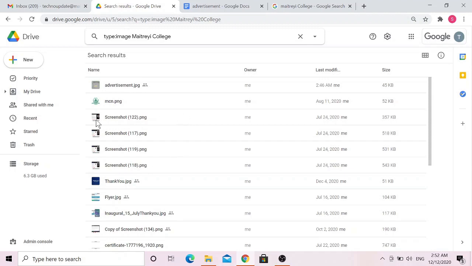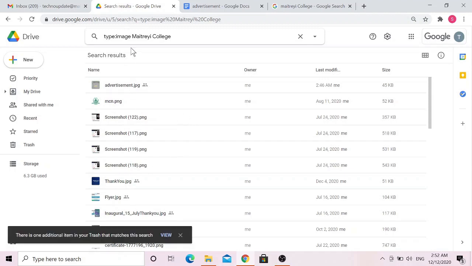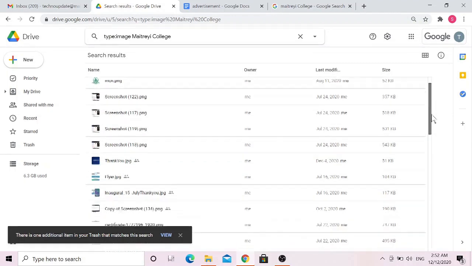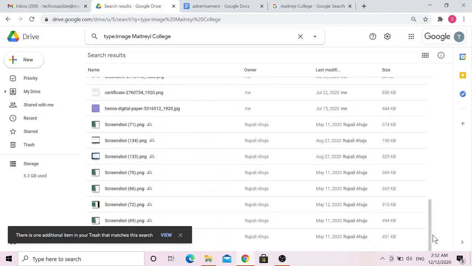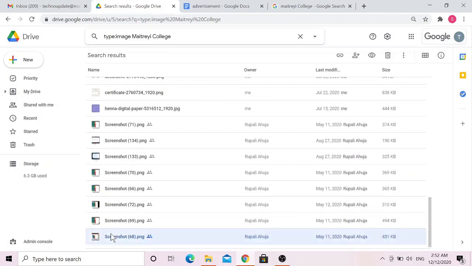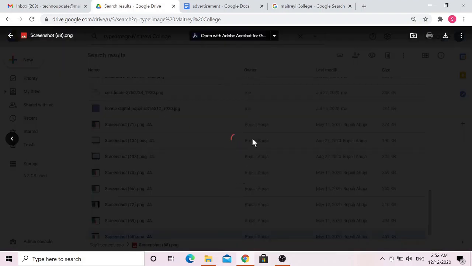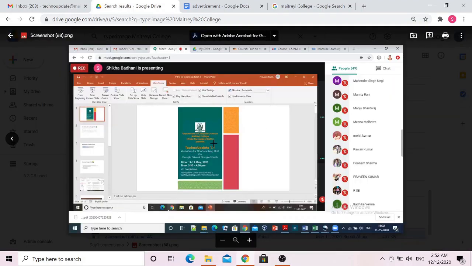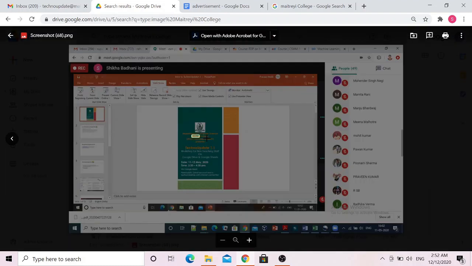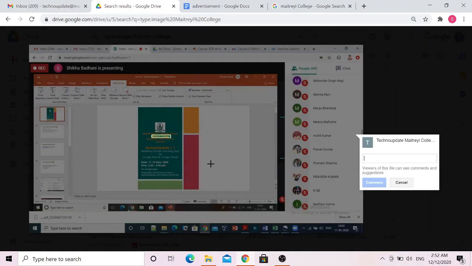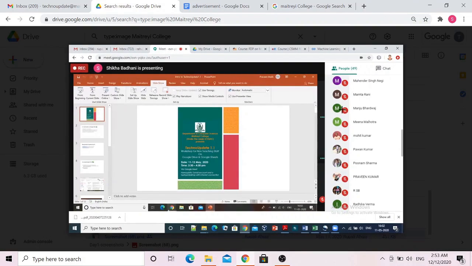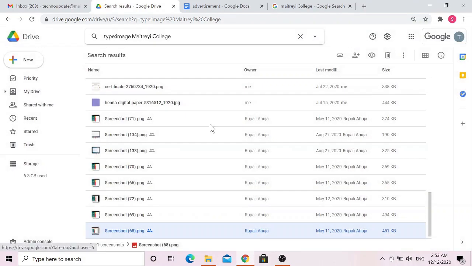So the search results, you can see they all are images because I have purposely set the type as image, and moreover all these images will contain Met3 College. So if I open any one screenshot, for example, here you will be able to see somewhere or the other Met3 College must be written, yes, here. Alright, so this is how you can perform search based on the contents of the image using Google Drive.